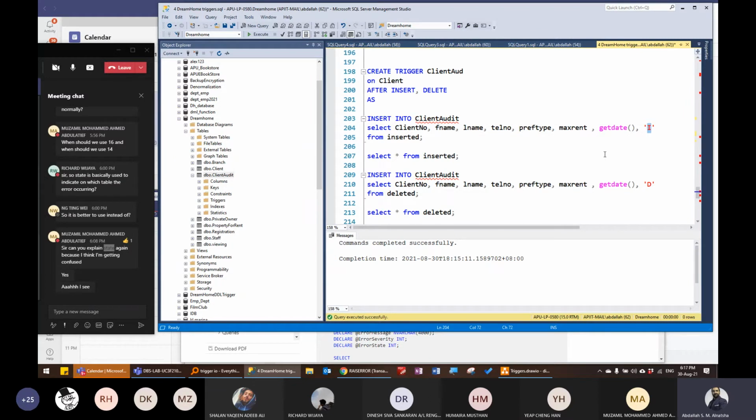So in case the record was inserted, I will know the date of insertion. Also, I will know if the operation is insert or delete. So I will say what I means: insert. Okay, so the data will be inserted in the client audit. Otherwise,